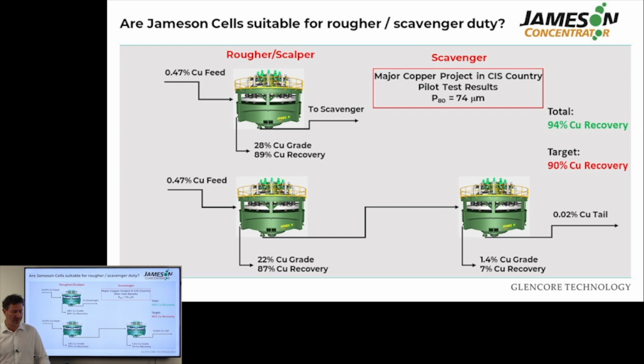Look at this example. This is for a major copper project in a CIS country, and we did a pilot test on site with a feed particle size of 74 microns P80. So, a very typical rougher scavenger